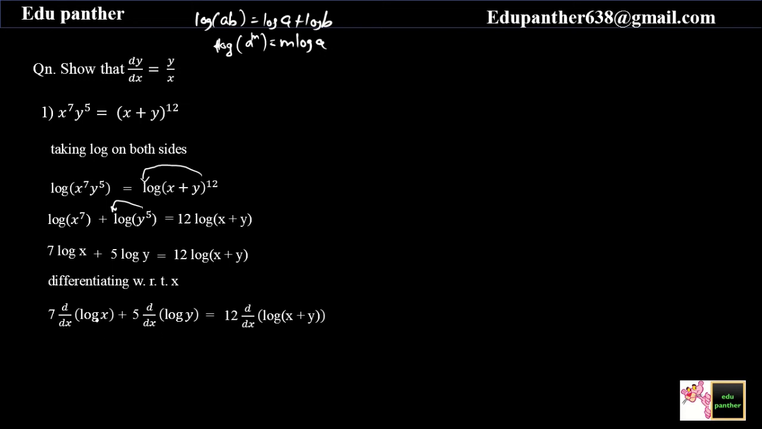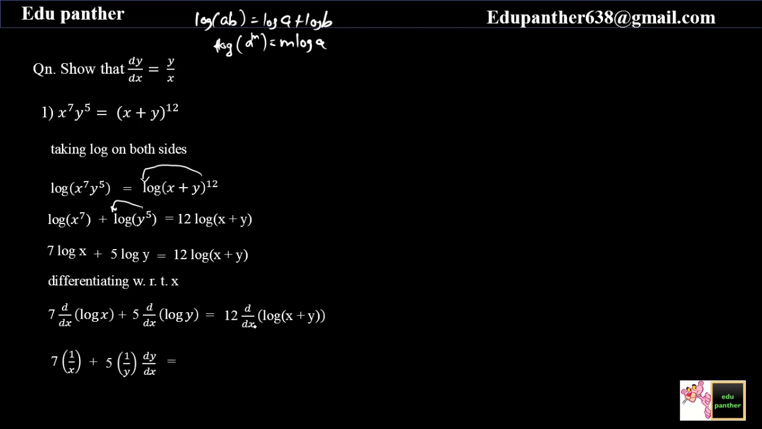What is the derivative of log x? 1 upon x. So 7 into 1 upon x plus 5, and then the derivative of log y will be, first apply the basic formula. So log y gives 1 upon y into, we have to multiply it with dy by dx. So we will get 5 into 1 by y into dy by dx is equal to,